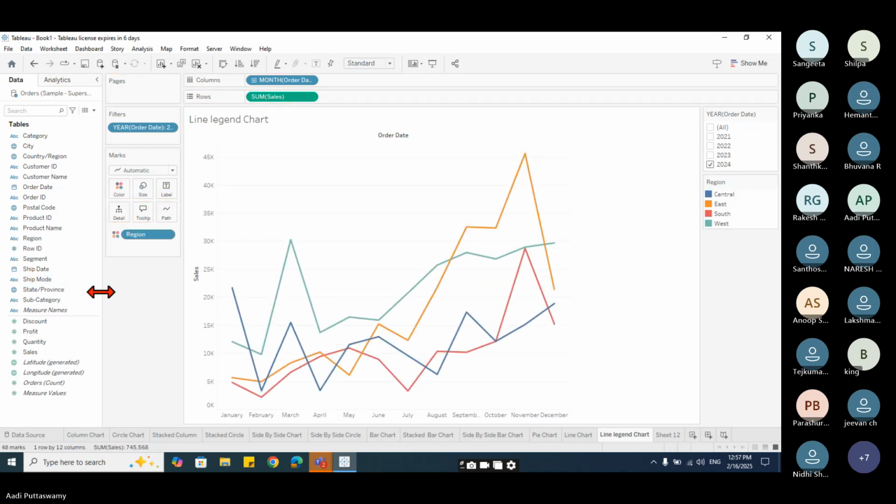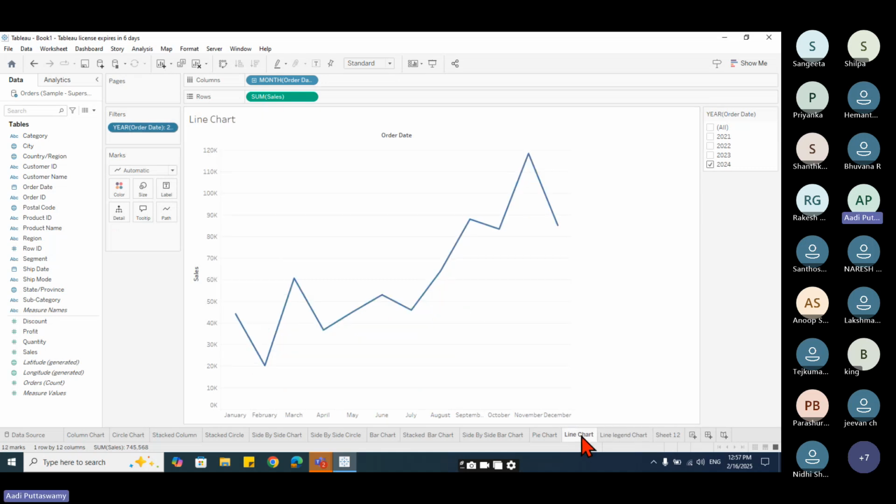See, 4 regions are there. It is showing me region 1, region 2, region 3, and region 4 data, month wise. Understood? Right? Very simple actually. Next, suppose I want to show,